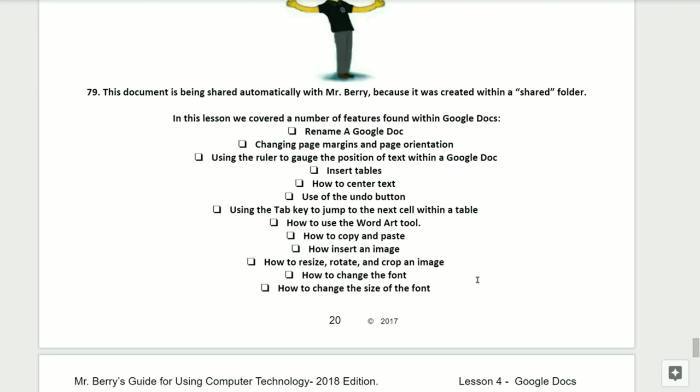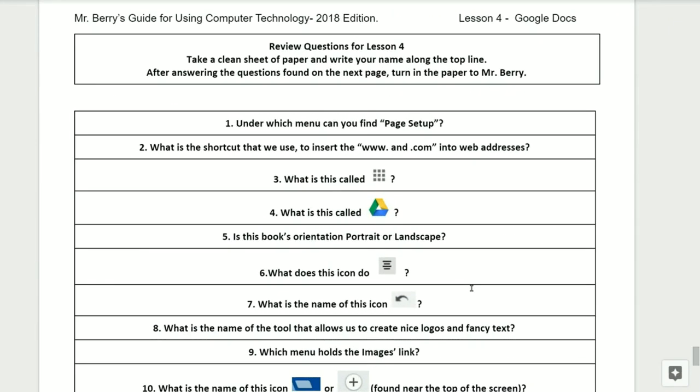We used the undo button, using the tab key to jump to the next cell within a table, how to use the word art tool, how to copy and paste, how to insert an image, how to resize, rotate, and crop an image, how to change the font, how to change the size of the font. We'll now be ready for review questions for lesson number 4.